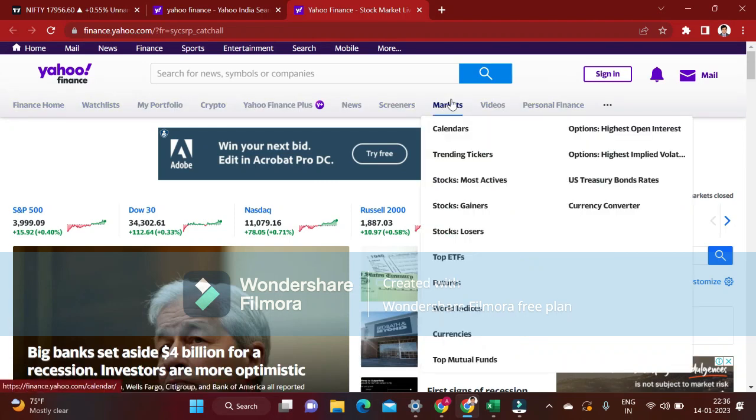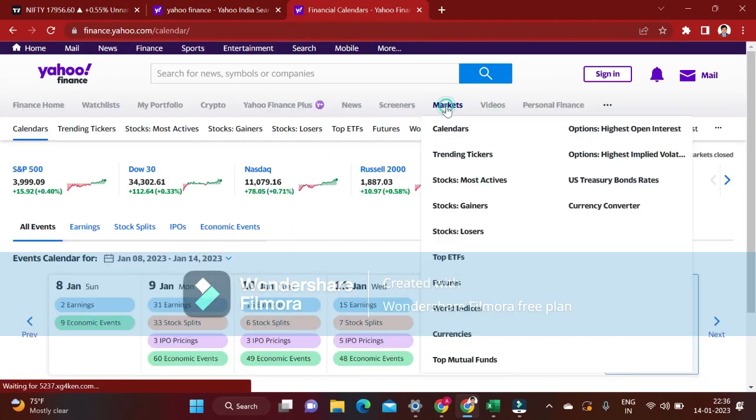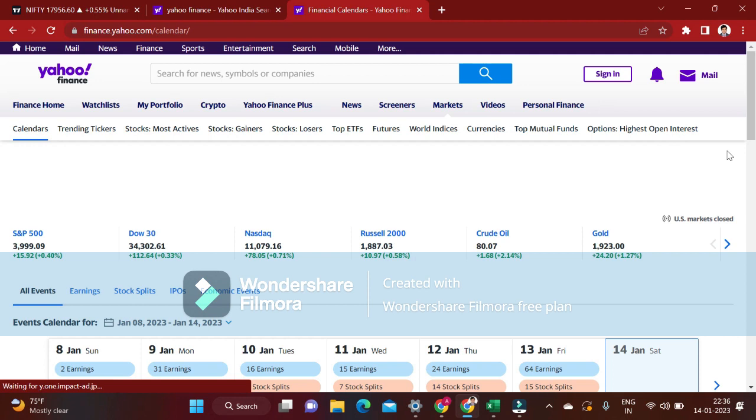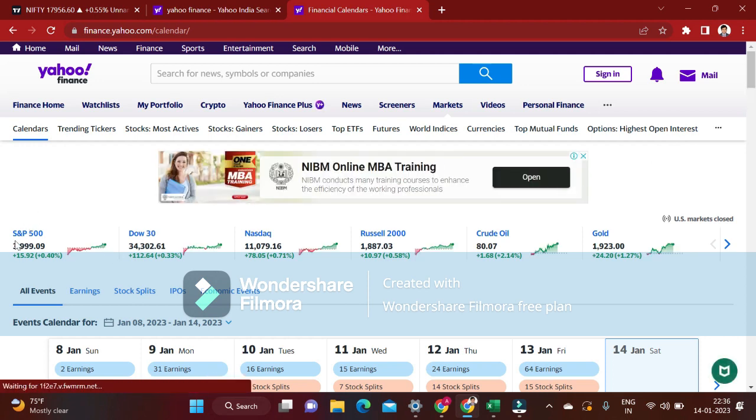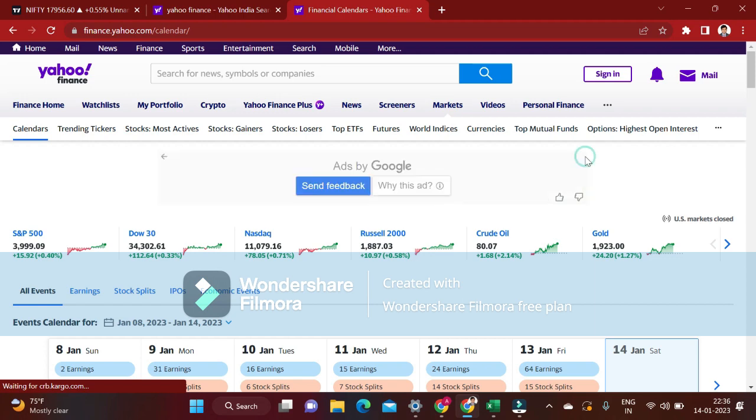That is a good thing, because you will be able to see S&P is positive, Dow is positive, Nasdaq is positive, Russell is positive, crude oil also is positive, gold is positive. So it's showing that there is a bullishness in the global market. This you should keep in your mind,